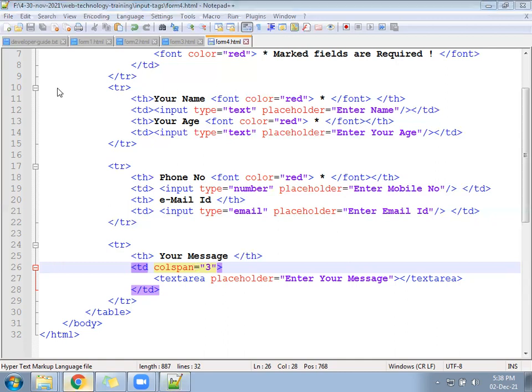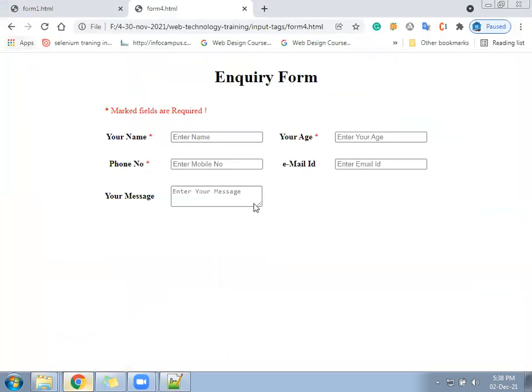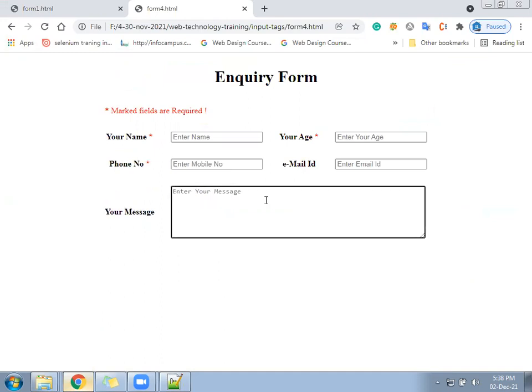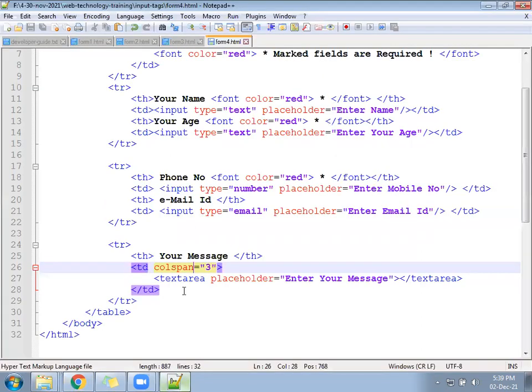Right now, your text area is still the same. You can increase the width, till here you can increase. Okay, you can increase the height also. But we want this to be like this by default. It should not be manual, where we need to increase and decrease. Once we run the page, it should look like this by default till here. So using colspan, what we did? We have increased the width of the columns. The last TD is going to take the place of 3 columns.